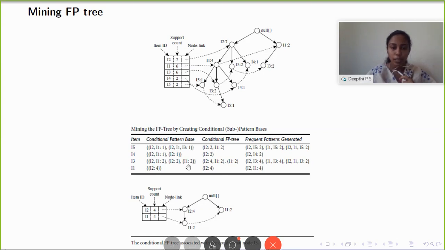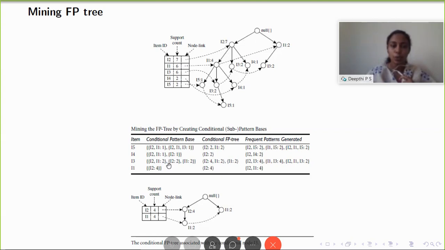Now at this point, there is one change that we haven't seen in the previous step. Now we have to add the count of these sets. So I2 is here in both these sets. So we can add them up. That is, count becomes 2. But when you take I1, you cannot add these two and make it 4. This is because this I1 is in one path, that is the left path, and this I1 is in another path.